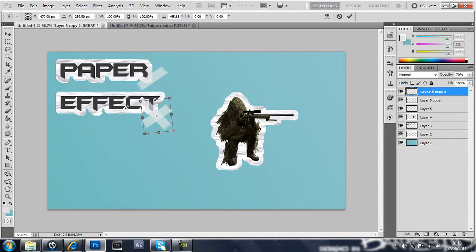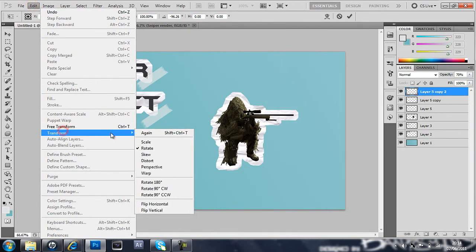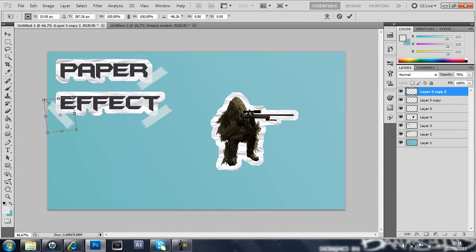It's a really cool effect and I really like it, so that's why I thought I'd do a tutorial on it, because not a lot of people know how to actually do this, but I'm sure a lot of people want to know how to do it. So see there, that looks really good now, but obviously you can do it much neater than I have. So then we'll just do a couple to the sniper,